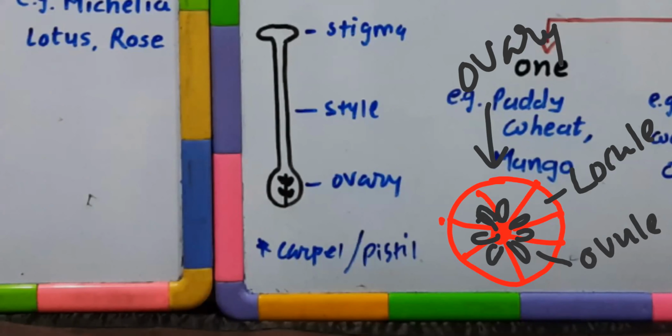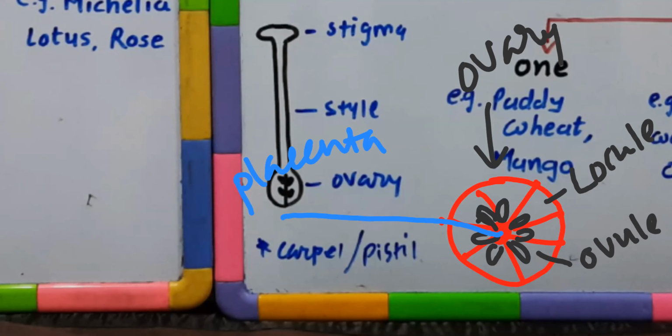Each chamber is called a locule, and inside this locule, ovules are developed, and ovules develop remaining attached to this part, which is called placenta, the part in the ovary wall which gives rise to ovules, or you can say ovules remain attached to this cushion-like structure within the ovary wall. This is called placenta. Placenta is a cushion-like soft tissue within the ovary. Remaining attached to it are the ovules present over there.